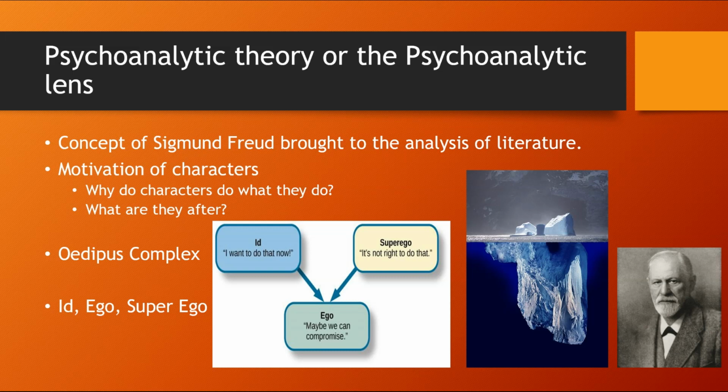Well, we're looking now at the motivation of the characters. What does a character do? Why do they do it? What pushes them to do it? What are they shooting for? What are they aiming for? You've got things like the Oedipus complex, or Freudian slips often come up, or the id, the ego, and the superego if you've studied psychology at all. I love the idea of the iceberg, right?